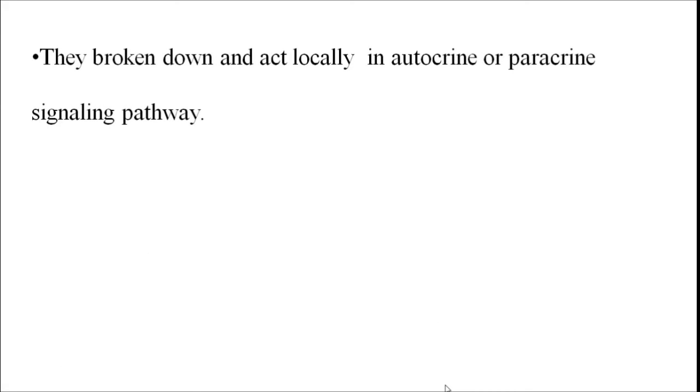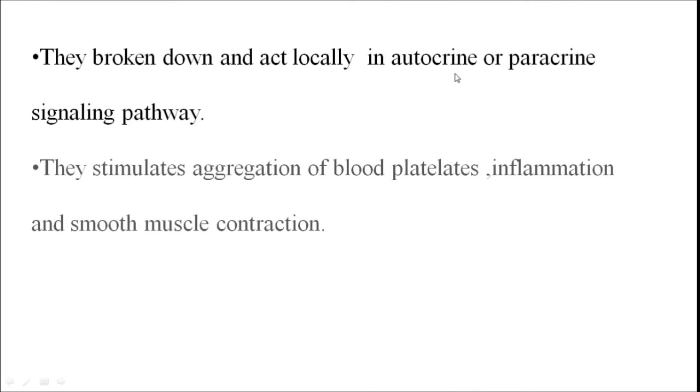Their main function is to act in an autocrine or paracrine mode of signaling, and they mainly carry out the aggregation of the blood platelets. In addition to that, they are also responsible for the generation of the inflammatory response, and they also carry out the